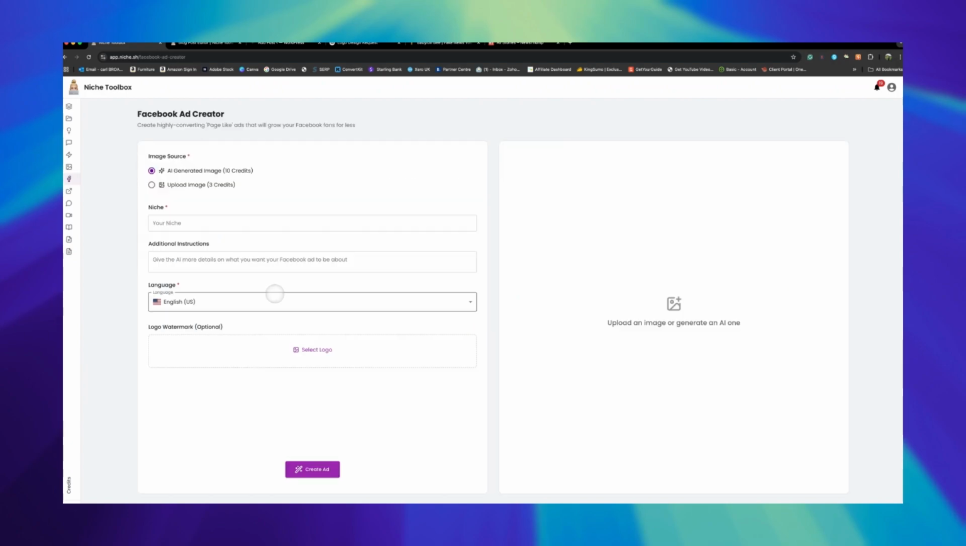So I'm going to use the create Facebook ads here. So for the niche, I'm going to put controversial films, just basically the title. Here, give the AI some information. I'm going to put, give me a thumbnail image for Facebook about controversial films that outsmarted censorship. 9 films that